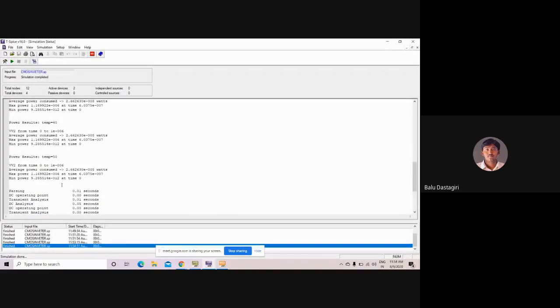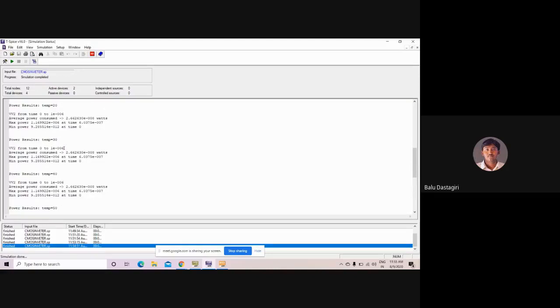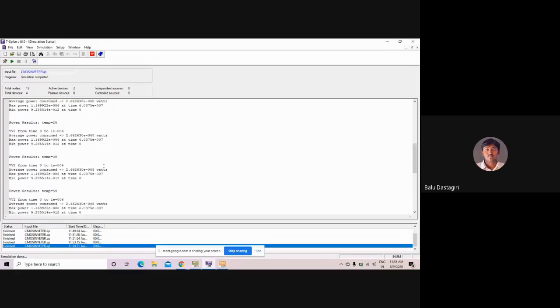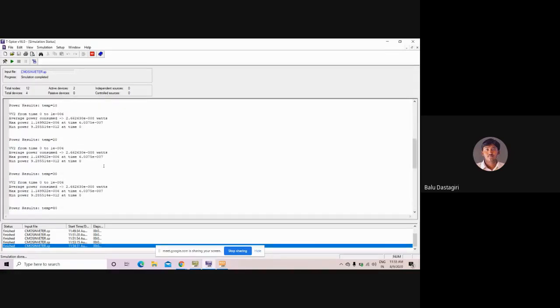You can see here, if you run it at 50 degree centigrade, these are the power values. If you run it at 40 degrees centigrade, these are the power values. So these are the different power values at different temperatures. Since it is a small circuit, you cannot see big differences. When you run for the bigger circuits, you can easily see the variation in the output power with respect to the temperature.